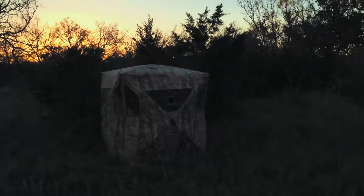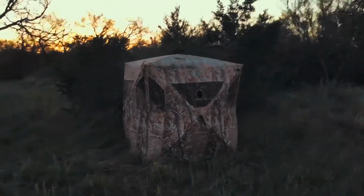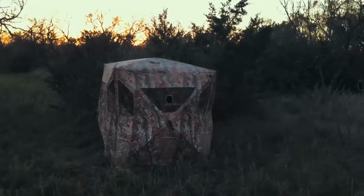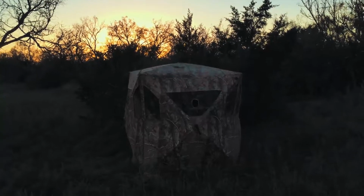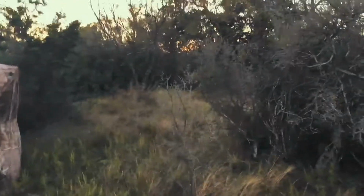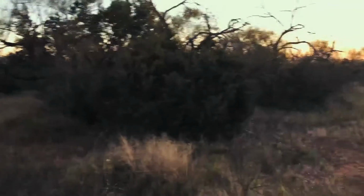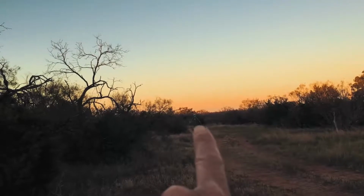Okay, got my first blind set up here. You can see there's lots of good brush behind it. When that sun's up, it blends in much better with the background. You can see I got a little bit of coverage off to the right, or the left when you're sitting in the blind, and more here. You can see there's the feeder right there,